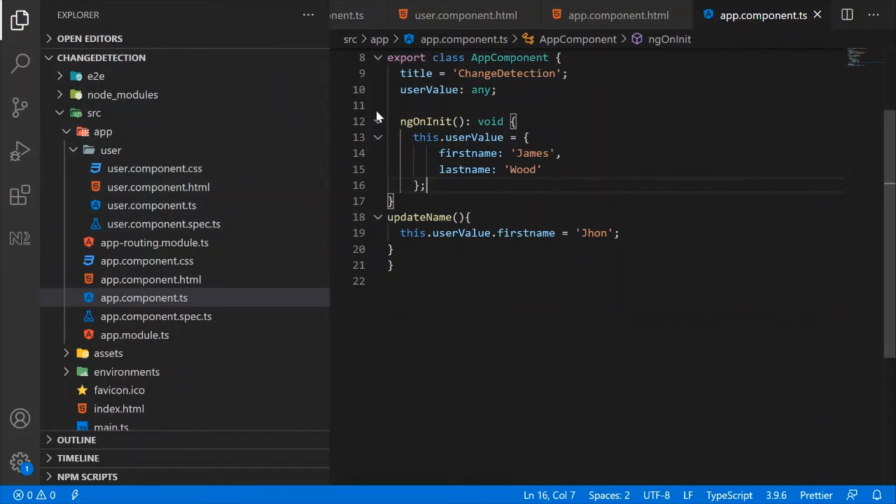To avoid this, there could be a scenario when you may want to instruct Angular when the change detector should run for a component and its subtree. You can instruct a component's change detector to run only when object references change instead of mutation of any property, by choosing the on push change detection strategy.